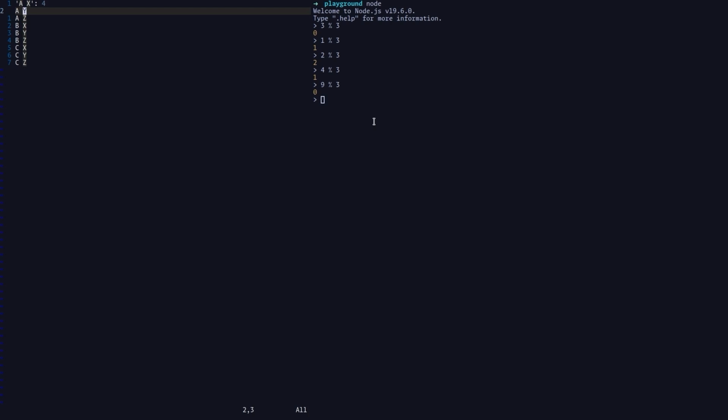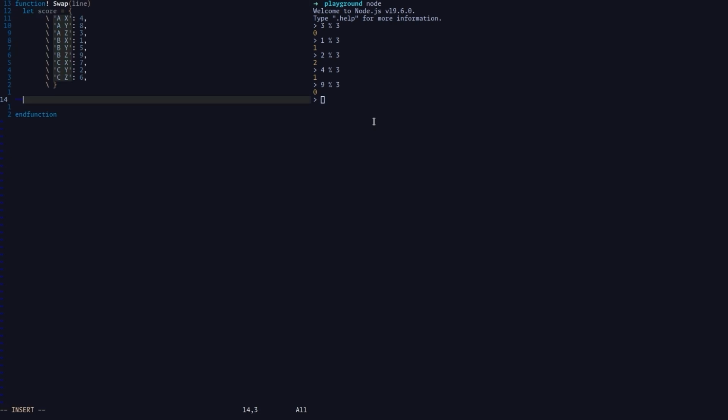To apply this macro on the rest of the lines, I can just say, I want you to select this line and go to the end of the file and apply the macro. And this is how we apply the macro on all the lines. So when I click enter, I get the results of every possible combo. All I have left is to just wrap this in a function. The function will accept a line, okay, which is a string. And all we have to do is return the score and the line, okay?